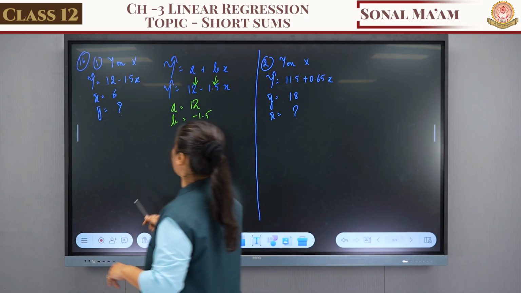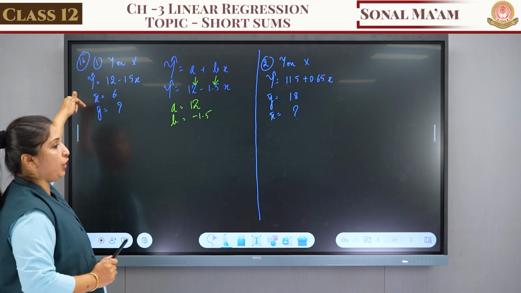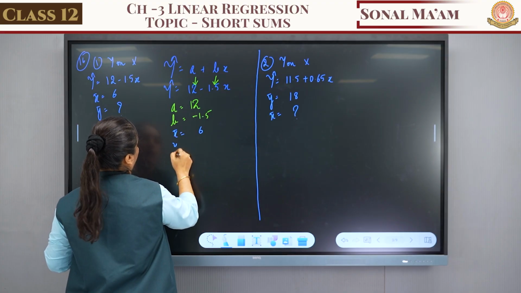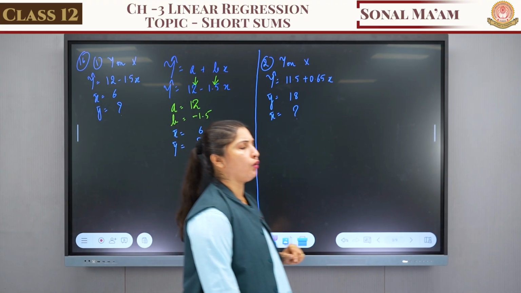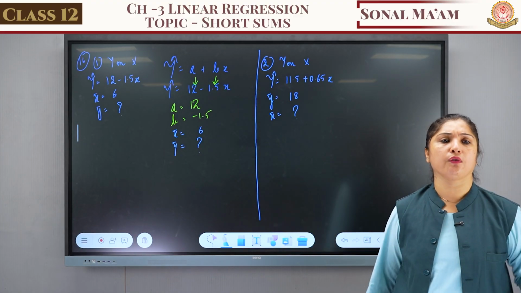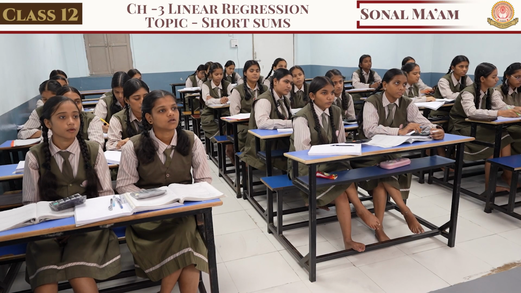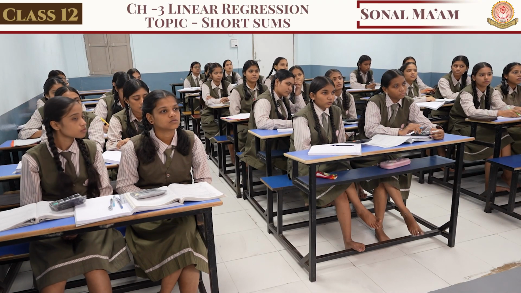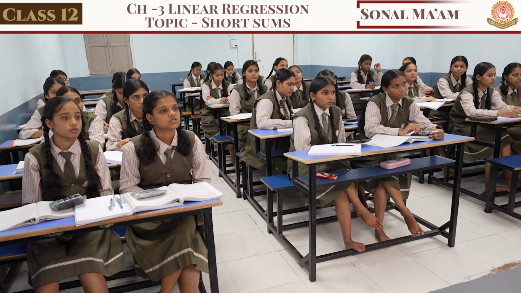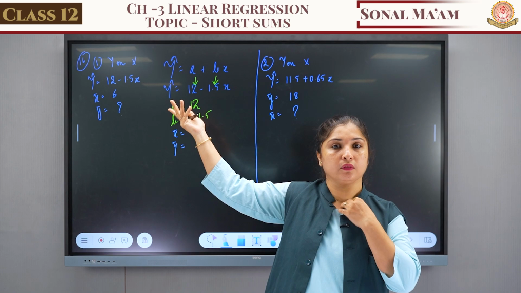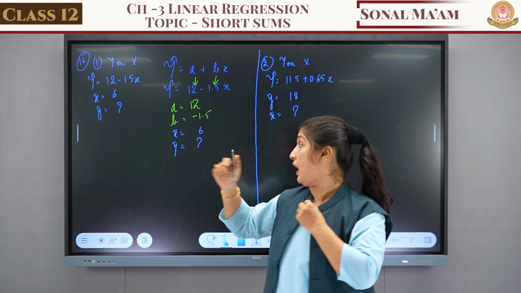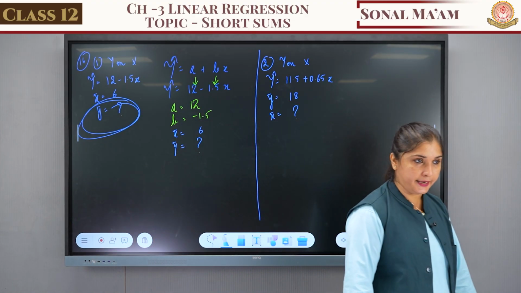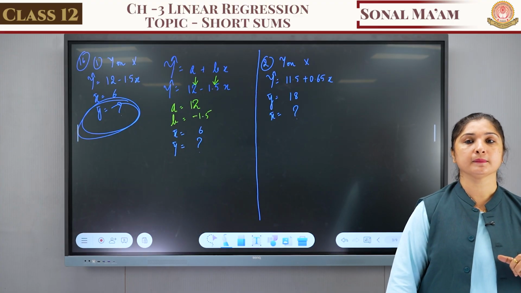Yes, very good. So we got a, we got b, x bar is given to you as 6, and y bar you have to find. Can anyone tell me which formula to apply so that we get the value of y bar? Yes, Anjali? Y cap formula. Y cap is already given to you, there is no need for y cap. Already a is found, b is found. Now you have to find this y bar. Which formula has to be applied?